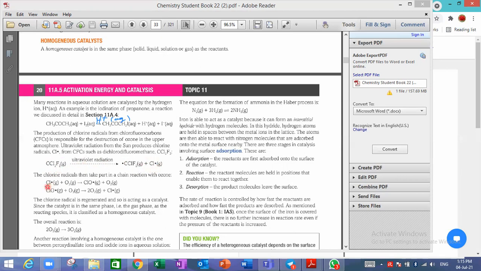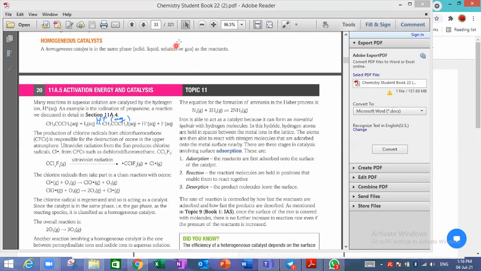And then the chlorine free radical would decompose the ozone layer, where the chlorine free radical is in the form of a gas, and the ozone is also in the form of a gas. It decomposes into ClO free radical plus oxygen gas. And then the ClO free radical in another step reacts with more ozone to form 2 oxygen molecules and chlorine